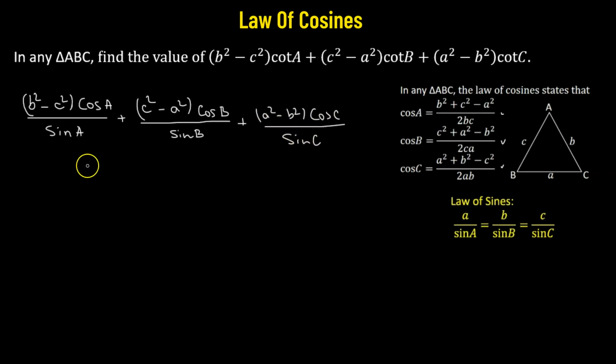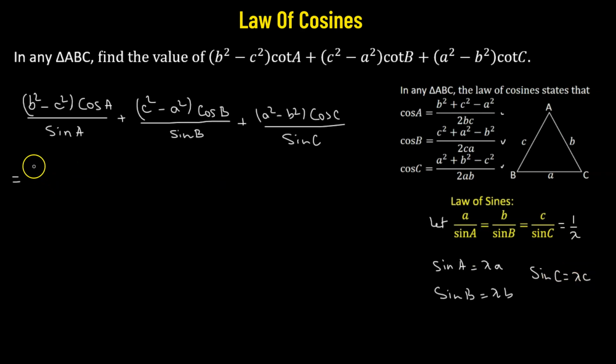sine C. Now we are going to use the law of cosine in the numerator where we have cosine A, cosine B, and cosine C, and for the denominator we have sine A, sine B, sine C. We're going to use the law of sine. Here let's use the fact that if we consider these three ratios equal to a constant 1 over lambda, then we can represent sine A as lambda times a. Then sine B will be equal to lambda times b, and sine C can be replaced with lambda times